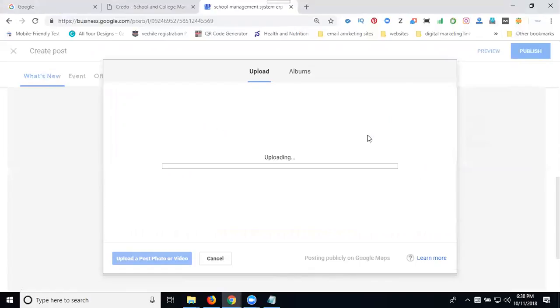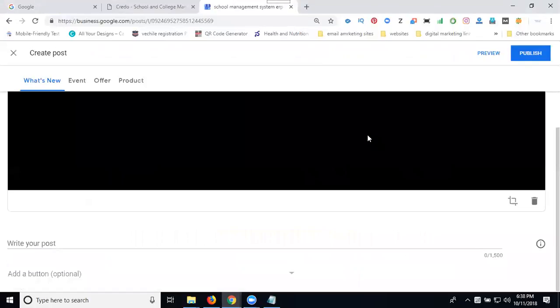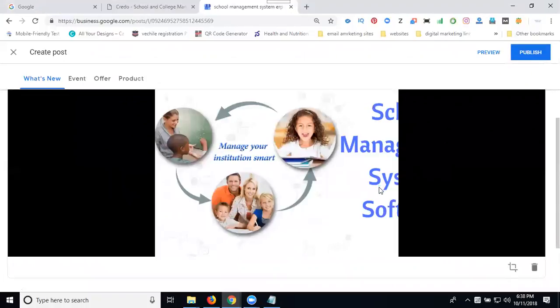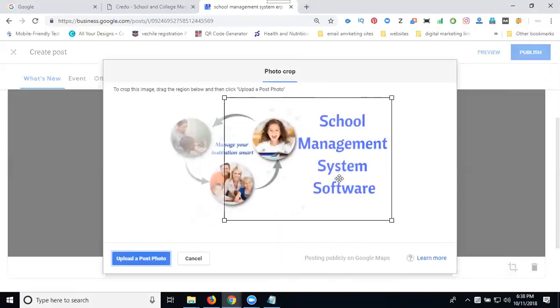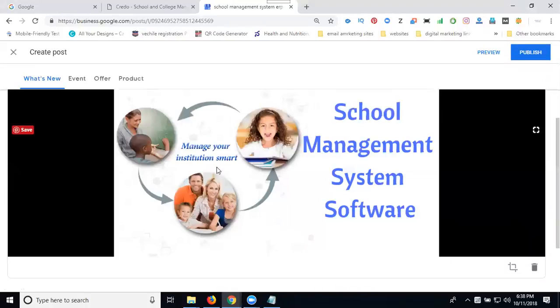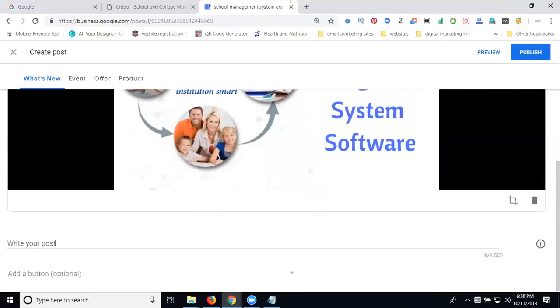Upload it. Now select it. Add your cursor. Select it. Done. Is that exactly the image size? Now click here. Select it.